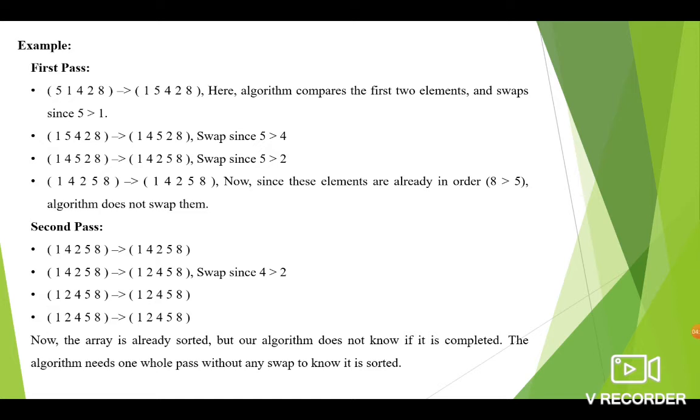Now the array becomes 1, 2, 4, 5, 8. Again compare the third and fourth elements, 4 and 5. They are in order. No need of swap. Finally the fourth and fifth elements are compared, that is 5 and 8. Again they are in order. No need of swapping. So this is the end of the second iteration.